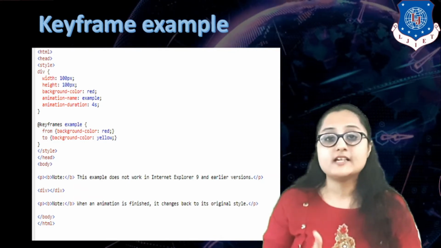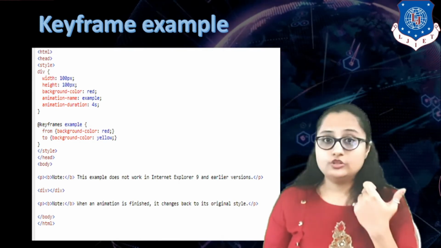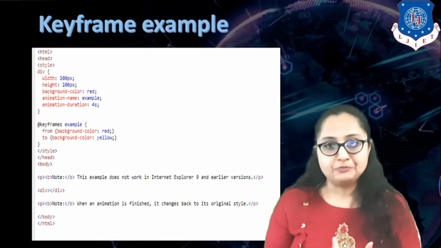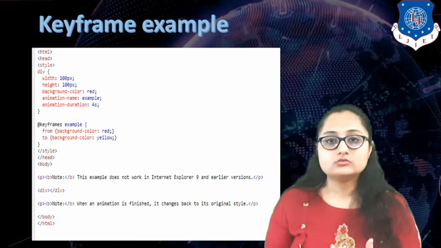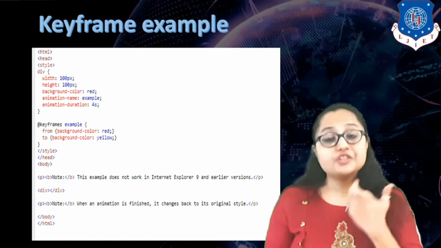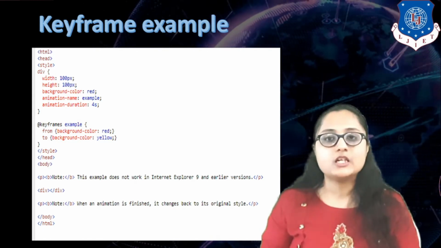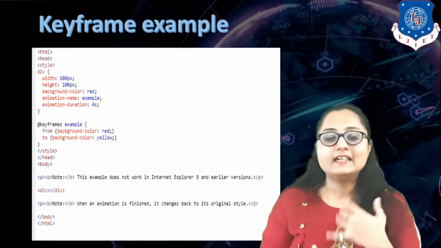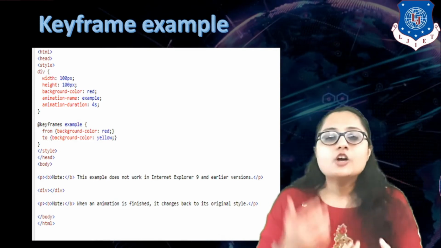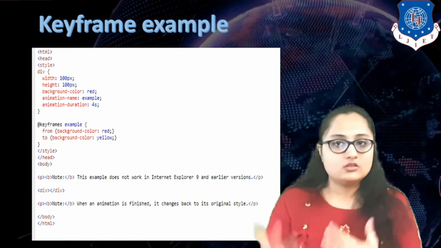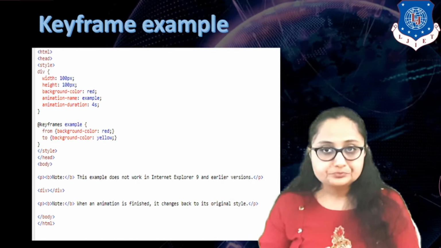Whenever you want to set animation, you have to set the animation name of that particular element. Here our element is div. I have set the animation-name property to example, so that I can get a unique animation name for every element that I want to work with animation.